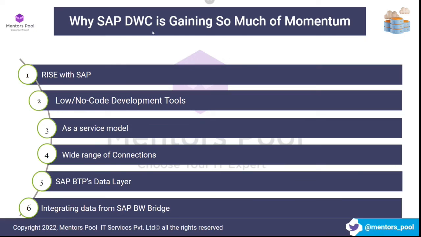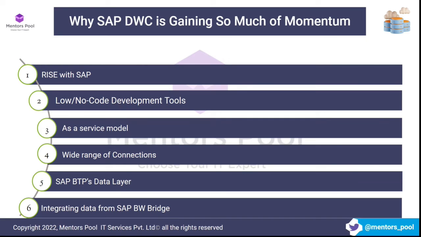And then why is there this hype about data warehouse cloud when SAP also has other warehousing products like SAP BW? Here it is mainly because of the no code or low code development tools and the hype behind them. So in 2022 itself, we have seen a lot of companies, even programming tools, that are low code and no code. And in 2023, it's only going to increase. And even SAP has seen that, and they are also providing this low code no code approach to various tools they have. So data warehouse cloud is also built with this in mind, right?